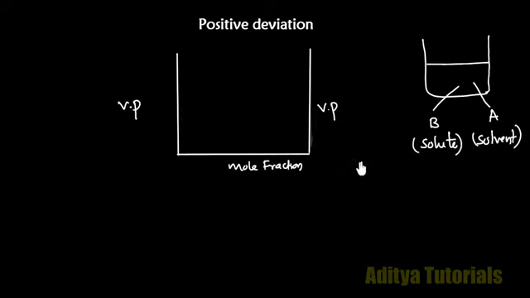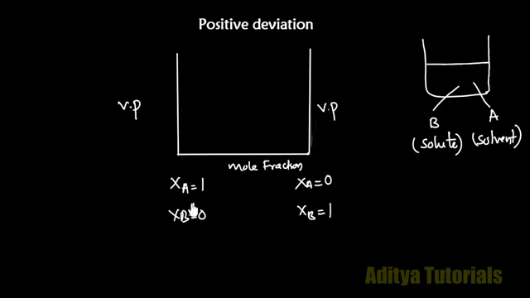Solute and solvent. Now actually what happens here, assume that here the mole fraction of A is equal to 1 and that goes on decreasing, and at this point the mole fraction of A becomes 0. And we know that the sum of the mole fractions is always equal to 1. Therefore here the mole fraction of B is equal to 0 and here the mole fraction of B is equal to 1, because after adding both we should get the value 1 here.